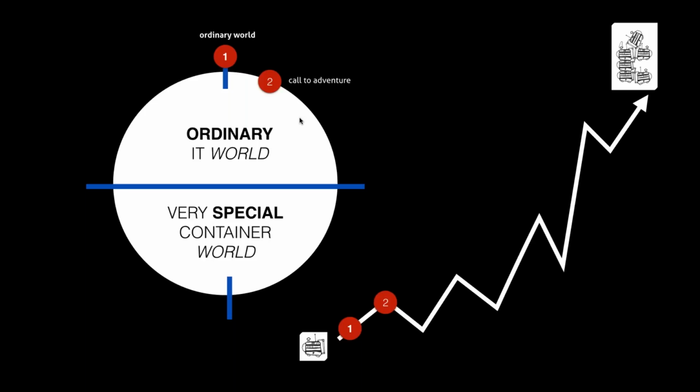And the first thing is that most of the time you refuse the call. You're like, well, wait, I have to finish this part of code, and how can we integrate it in our pipeline? So there's a little bit of refusal of the call, and you need a little bit of push, right? So that's the moment where you're meeting the mentor, somebody who says, or maybe a coworker or yourself, or